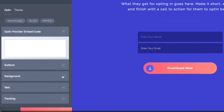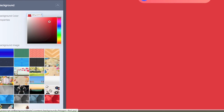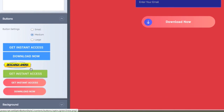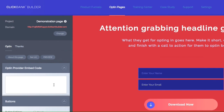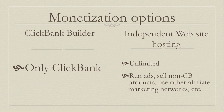You can change the background. You know, you can choose a solid color if you want, like red or what have you, or one of these pre-made images again, but you cannot choose your own custom image. Buttons, again, you're limited to what they offer you here, and that's it. And so it's a very simplistic design. There's not much flexibility. That may suit beginners, but if you want flexibility and versatility in the design and function of your web pages, then ClickBank Builder is not suitable for those purposes. As far as monetizing your website, ClickBank Builder doesn't give you much flexibility, and therefore your